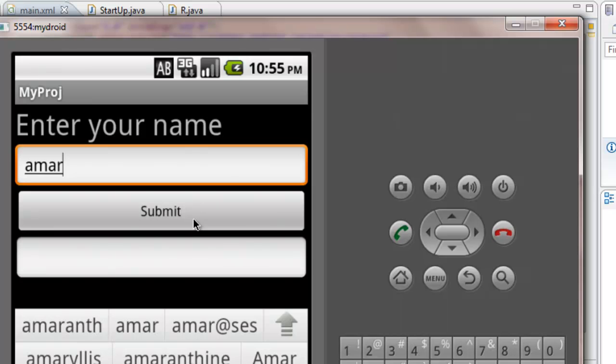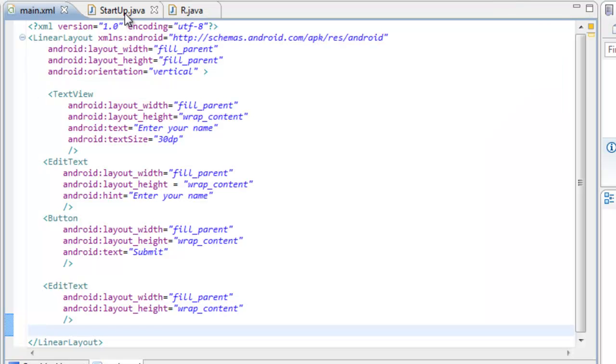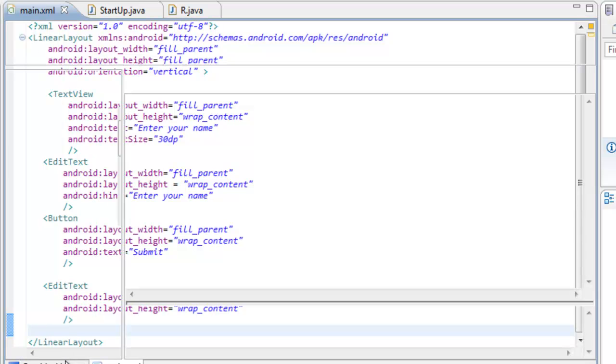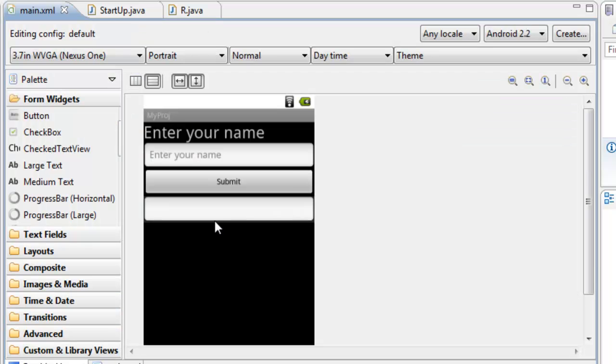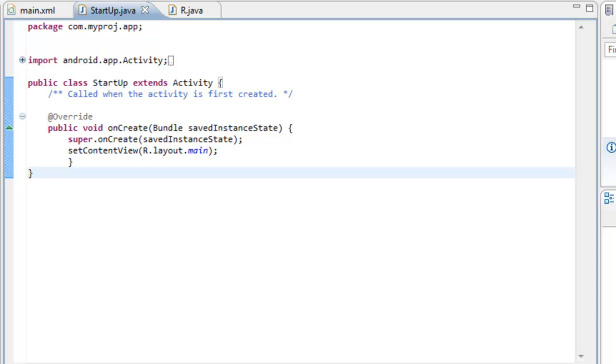We need to do that using the startup.java Java application in here. First of all we need to access these controls, the controls which were created in the graphic layout or in main.xml coding here. So we need to access these three controls. To access these three controls, what we need to do is, we will be having one of the